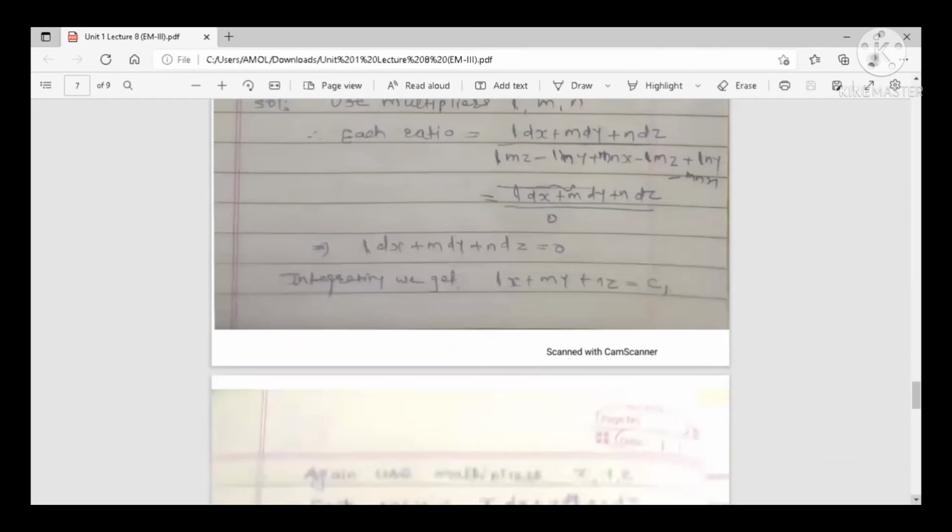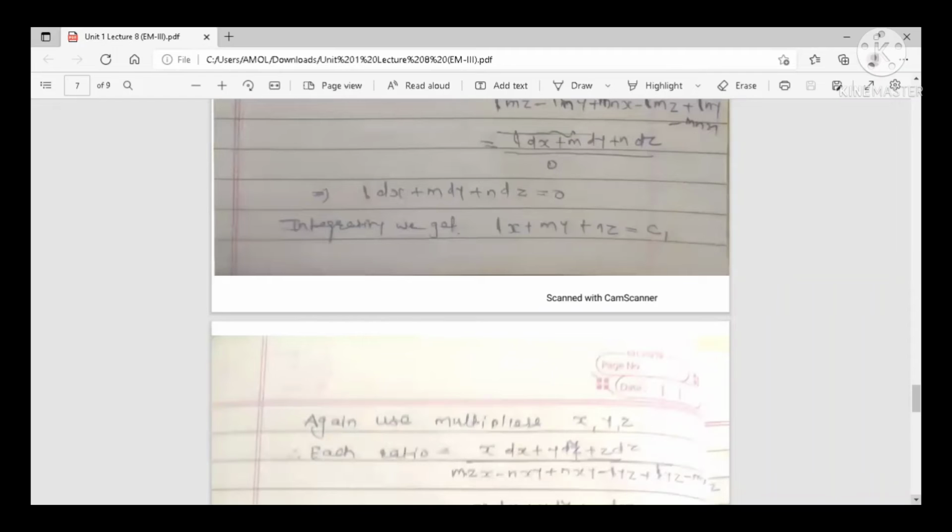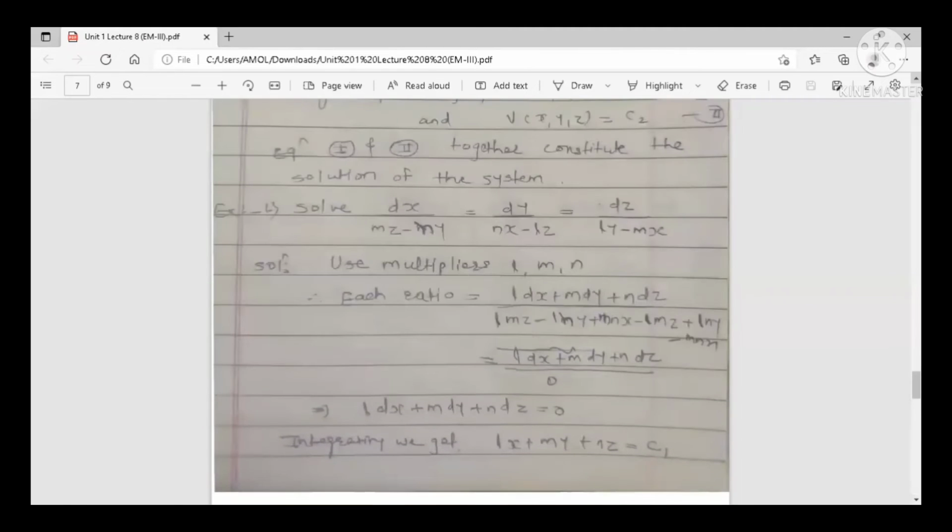We are integrating, so the constant of integration is here C1 because we want two sets of solutions. So for the first set, we were using here the constant of integration C1. Okay. Now again find the second set of solution. Suppose here the second set of multipliers is x, y, z. Means you multiply the numerator terms by x, y, z